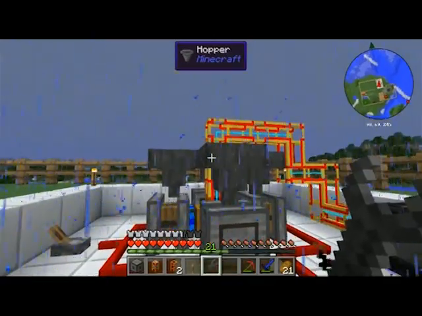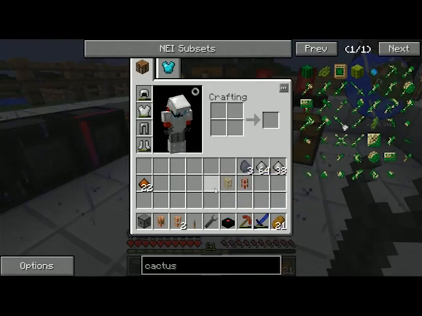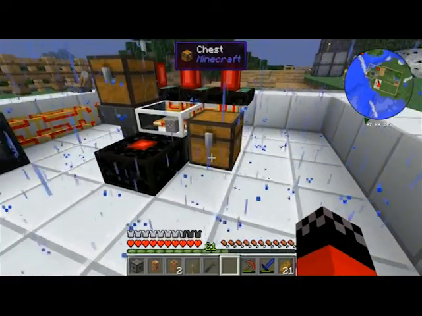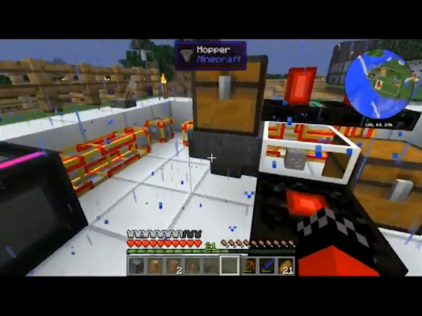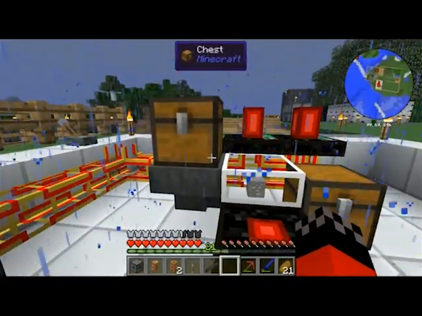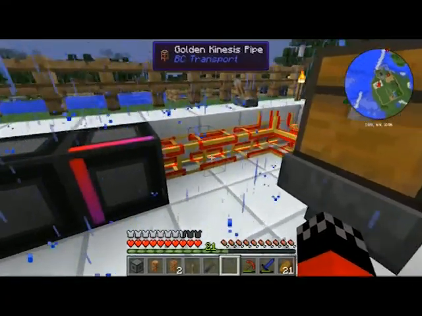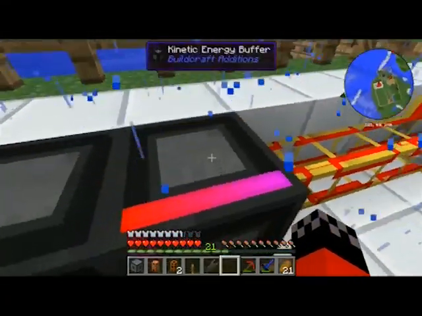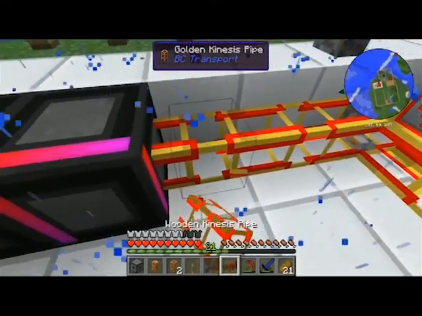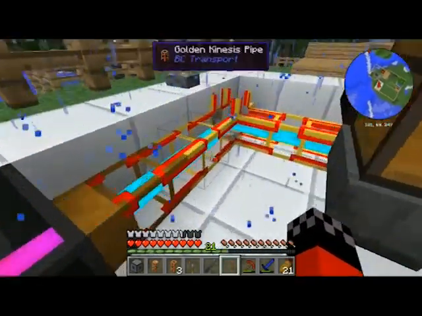Which is why I'm not setting up combustion engines until I have gates, which I already made an assembly table, so that won't be an issue. Just slap that right there. So I think it'll go into that chest. I don't know. But now I can watch this in action. It should. Where aren't you going? Oh, right. I always forget that. I need the wooden pipe there. And now it...